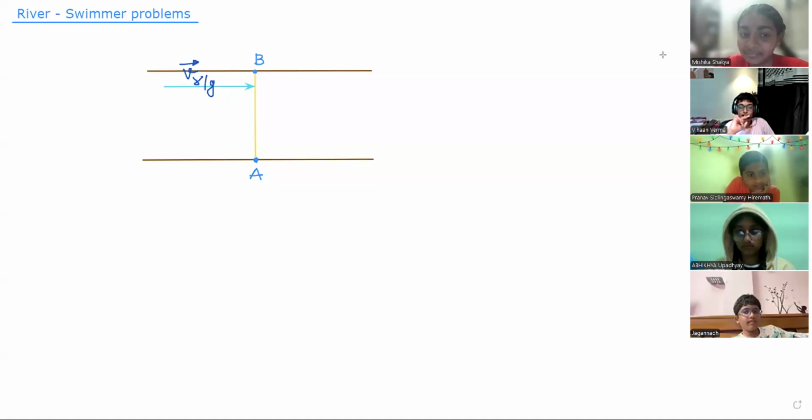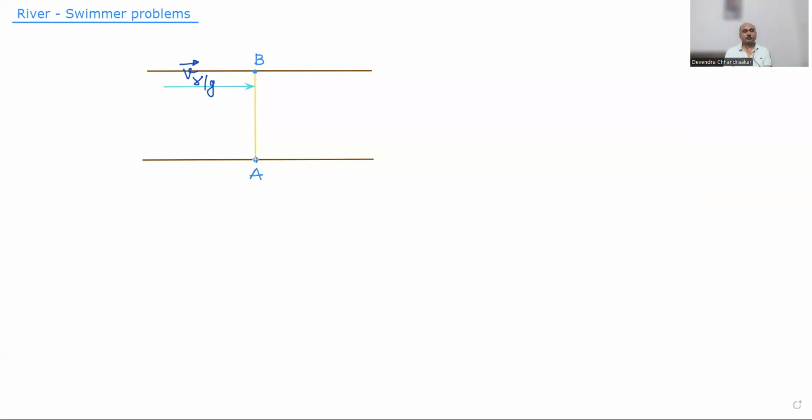Yes, sir. Then we have to swim, the man has to swim in this direction so that this is the velocity of man, right? We leave this aside for now. So the man will start swimming in this direction and the river will always try to bring him onto this line AB. So to a man standing on the ground,